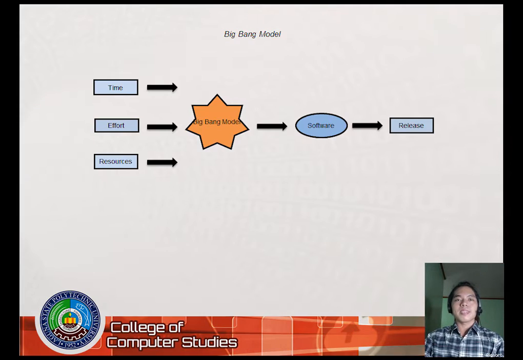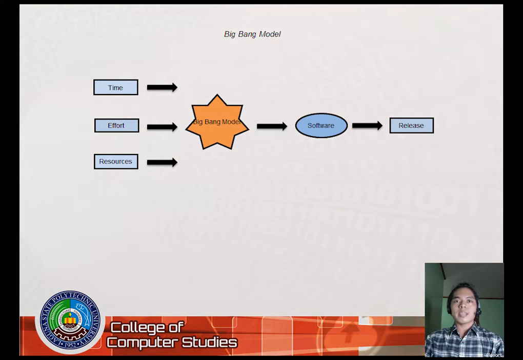Methodology. In project development, we use the Big Bang model for the software development process because it is best for a small group of people like us and having a short time for developing the software. With no specific process and little planning, it gives us developers flexibility. Also, it is a good learning aid for newcomers or students like us.